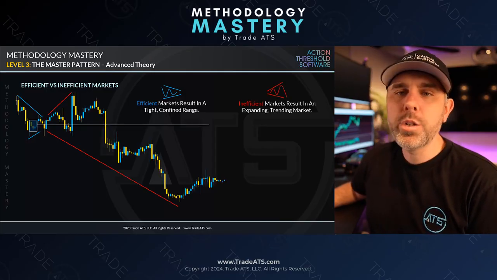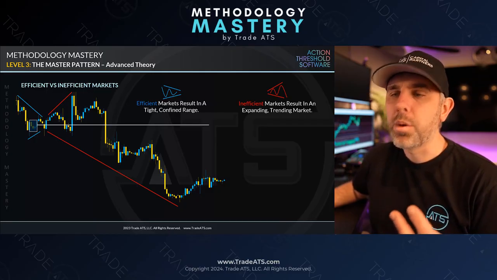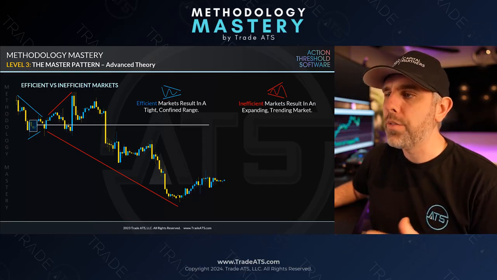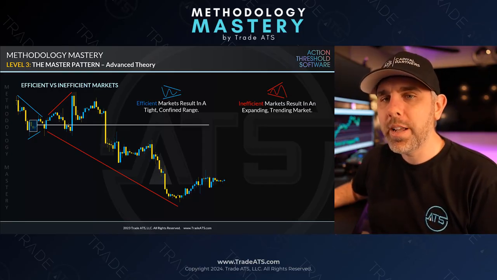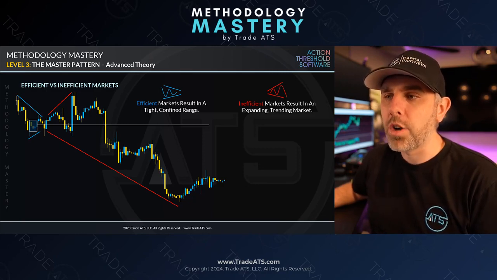So when we go into expansion, second phase of the three market phases, multi-leg expansion, however it plays out, that's where we go into an inefficient market. The reason why we know it's inefficient is because the price is starting to travel. It's starting to move around, meaning that there aren't as many willing buyers and sellers at that contracted price anymore. So as price opens up, you're getting the gap action, you're getting bigger expansion legs, and that's where as traders